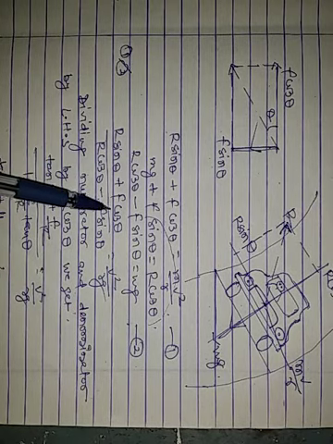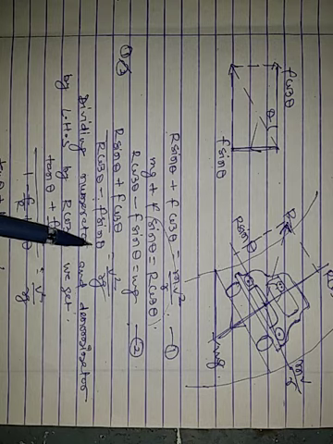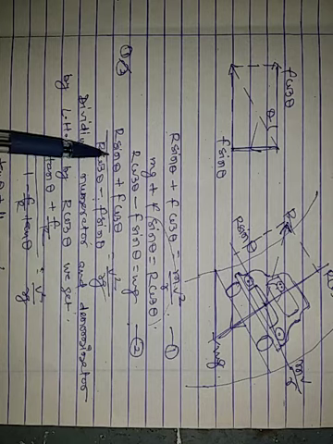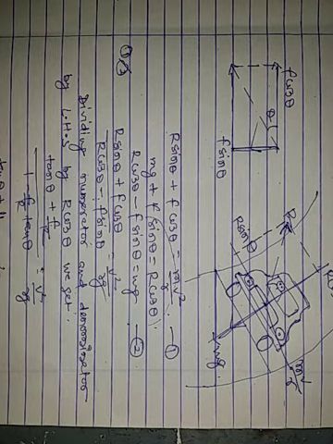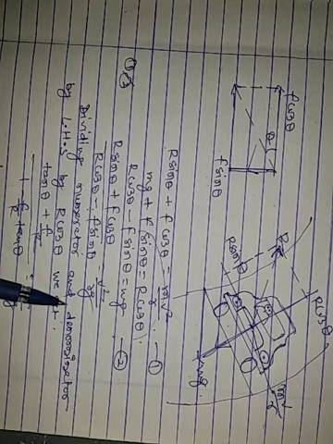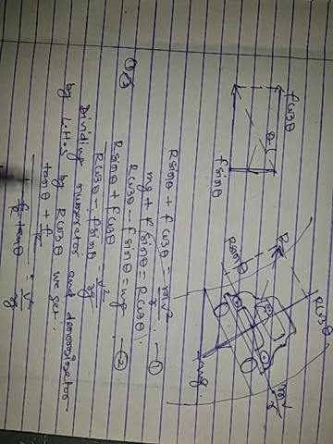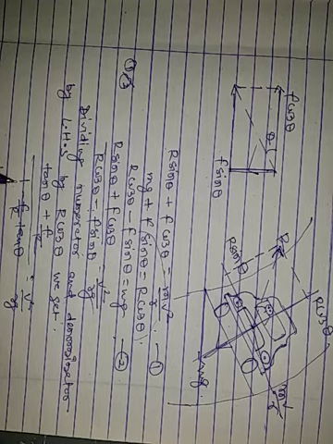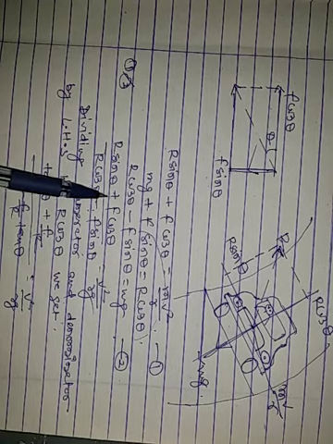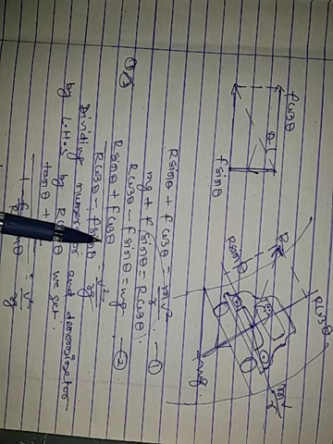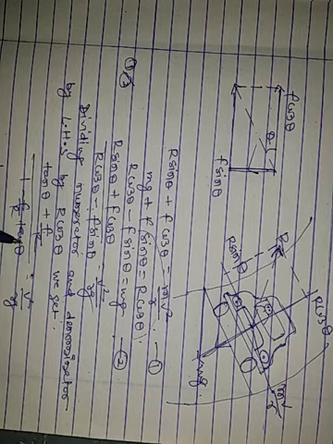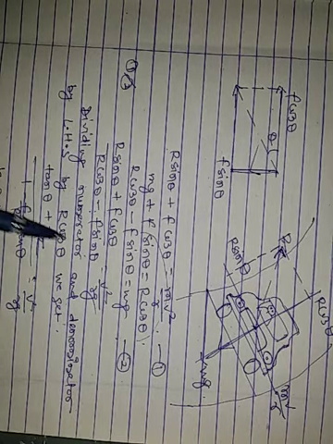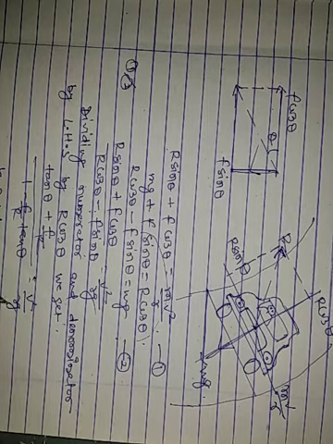Dividing 1 by 2, we get R sin theta plus f cos theta by R cos theta minus f sin theta. The m and m will be cancelled, so the equation is v square by rg. Dividing numerator and denominator of the LHS by R cos theta, we get R sin theta by R cos theta, so tan theta, plus f by R. In the denominator, 1 minus f by R tan theta is equal to v square by rg.